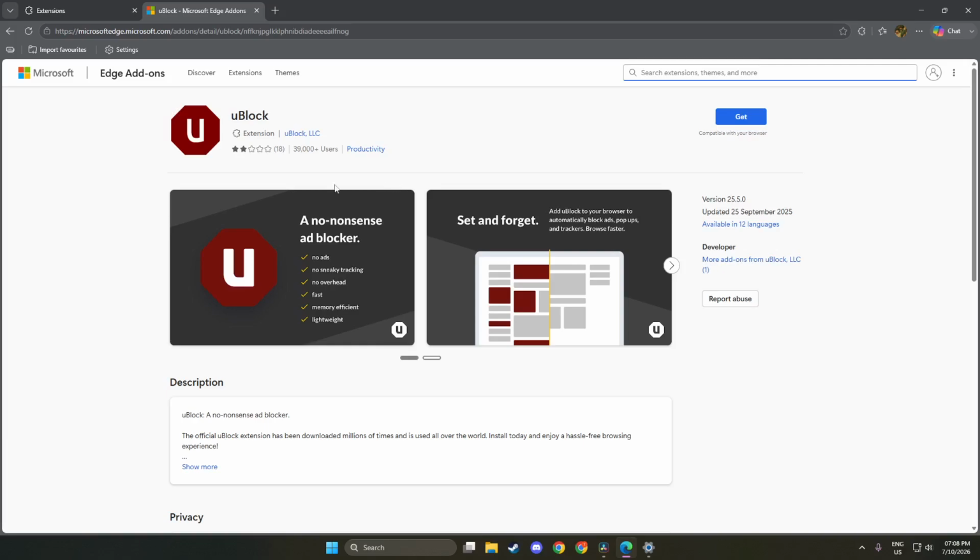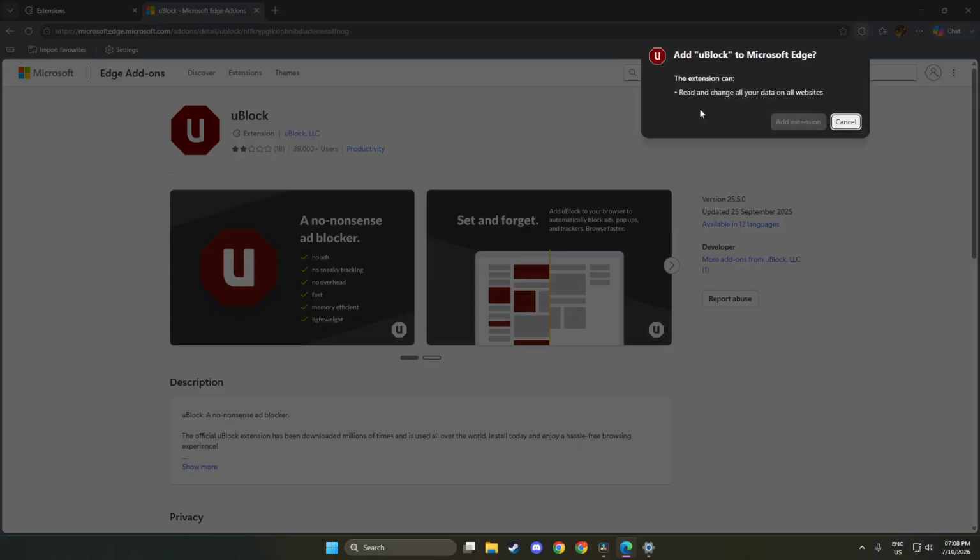Next, you can search for an ad blocker. In the search bar of the add-on store, type in names like uBlock Origin Lite or AdGuard ad blocker. These are popular choices known for their effectiveness in blocking ads. Searching for these specific extensions is important because it helps you find reliable tools that many users trust. As you type, you will see suggestions appear below the search bar. Select one of these options to proceed with your installation.